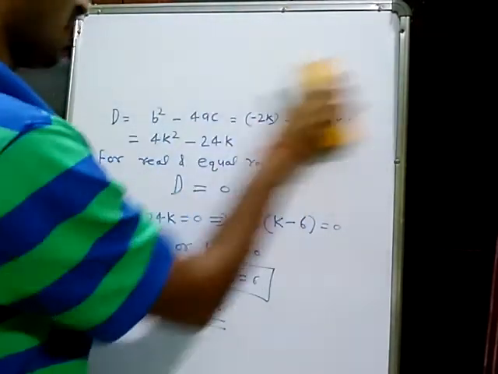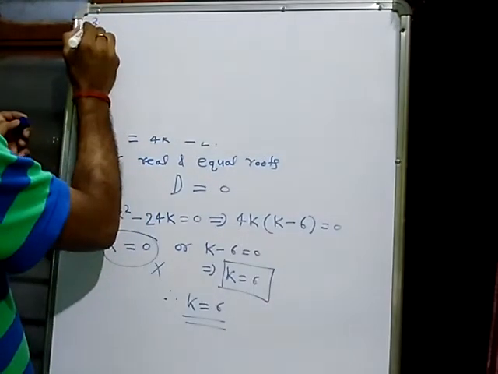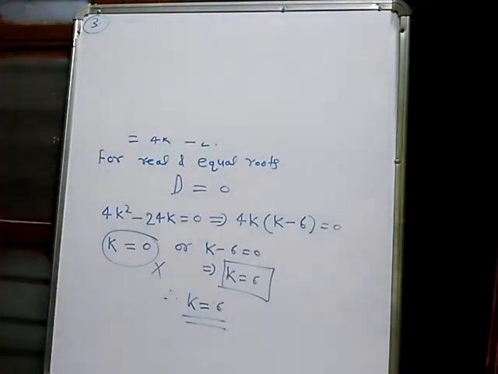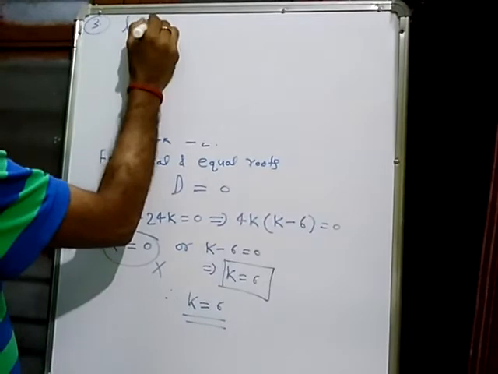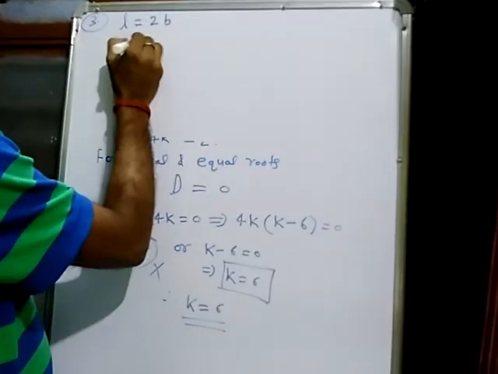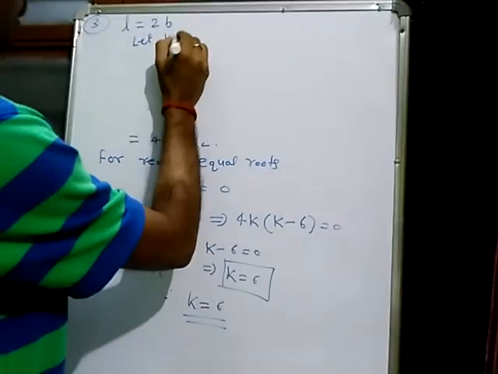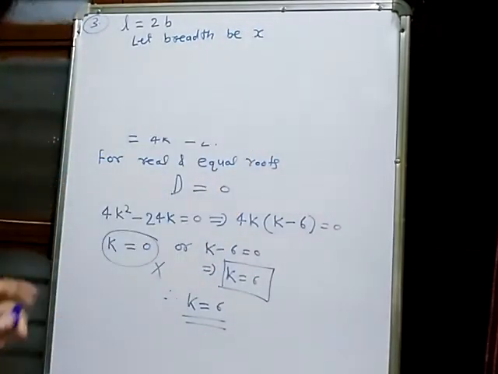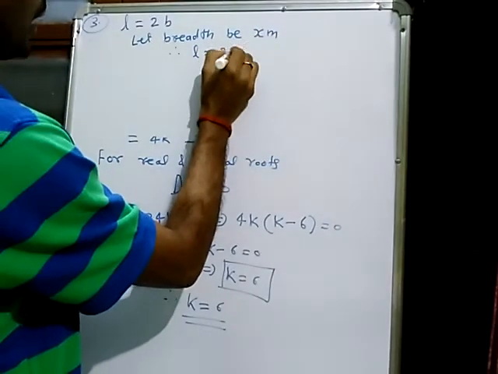So question number 3, I will explain this question number 3, students. What is question number 3? Read it properly, then only you will understand the question. How can you solve? तो सबसे पहले ये तो word problem है, means इससे equation बनाना होगा. And question is given, if it is possible to design a rectangular mango grove whose length is twice its breadth. So length is twice of the breadth. इसके लिए हम let करेंगे, let breadth of the mango grove be x meter. Therefore, length must be twice of x meter.